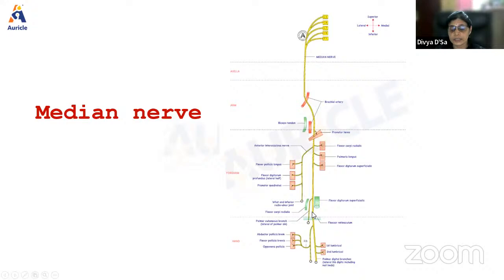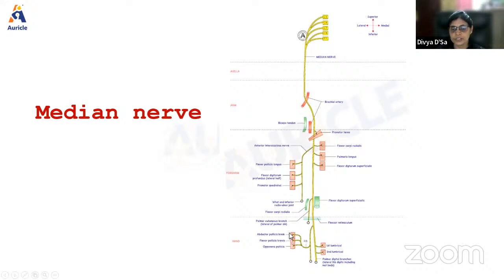Then near the wrist joint, it will pass beneath the flexor retinaculum. Okay. So before it passes down, it will give one more branch, that is palmar cutaneous branch. Okay, palmar cutaneous branch. So palmar cutaneous branch will be supplying the lateral 2/3 of the palm. Okay, so that is that branch. Then it will pass beneath the flexor retinaculum, and there it will supply the, it gives